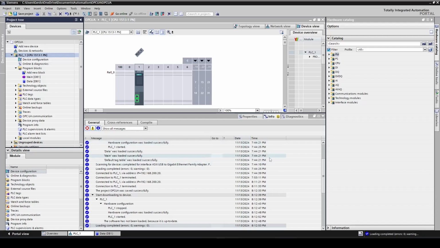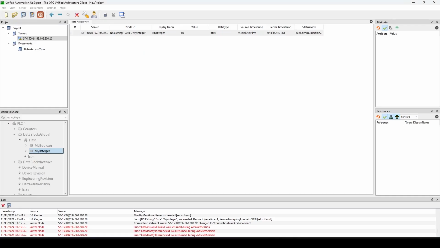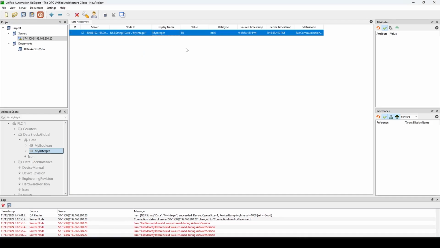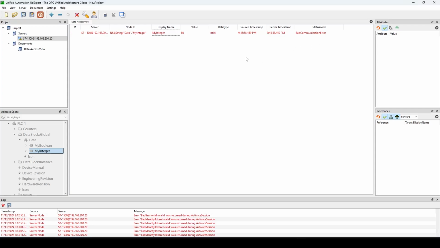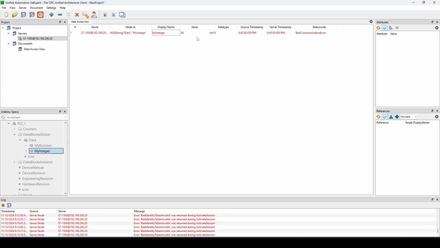Okay, so now I can switch to my UAExpert. As you can see, I get an error here and my previous reading turned red, and in the status I have a bad communication error. This is because it's trying to connect using an anonymous user. So what I do, I can